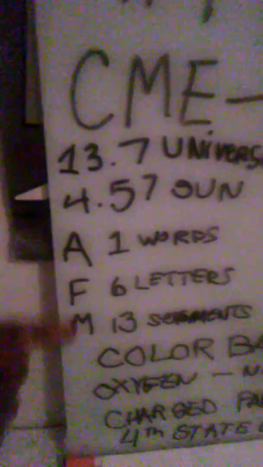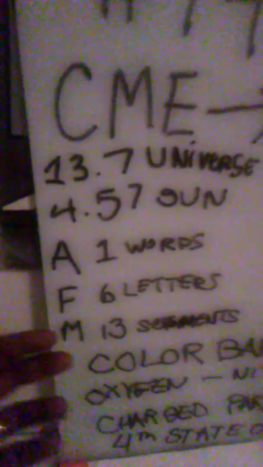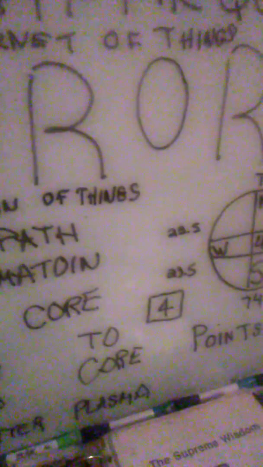Aurora, which is one word, 6 letters, and 13 what? Segments, right? We're talking about the AM and the FM, right? Wave modulations, and we're going into the Internet of Things. The Internet of Things will be people, places, and things. They're going to talk about smart dust. Smart dust, right? Interacting with the planet via the photon shared energy light.